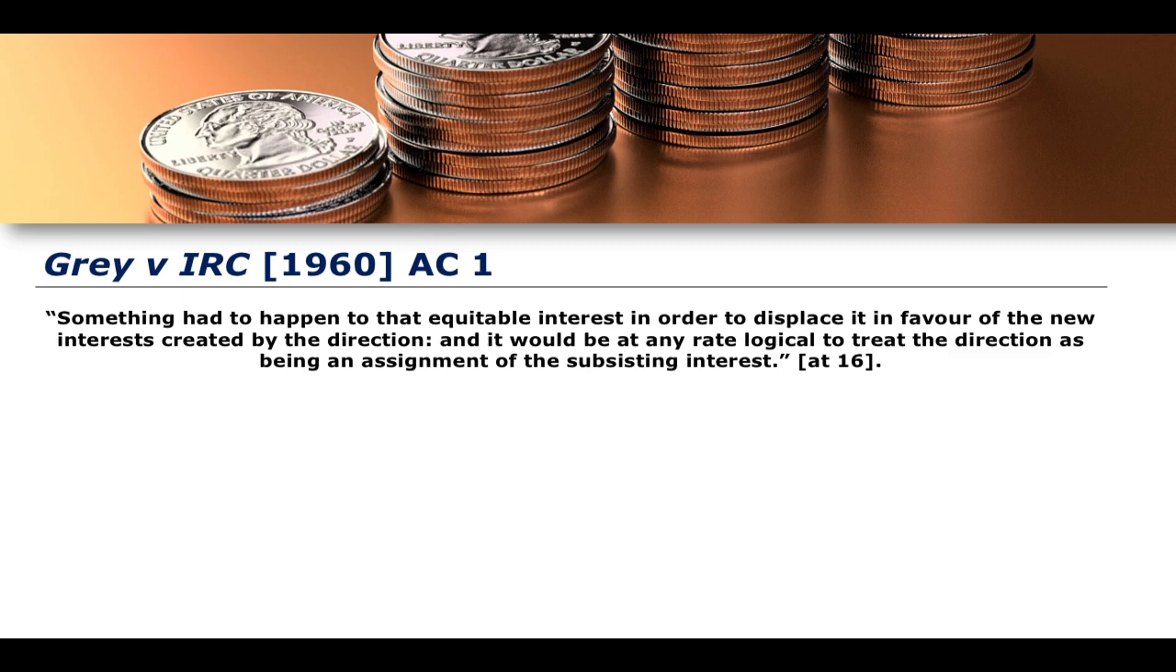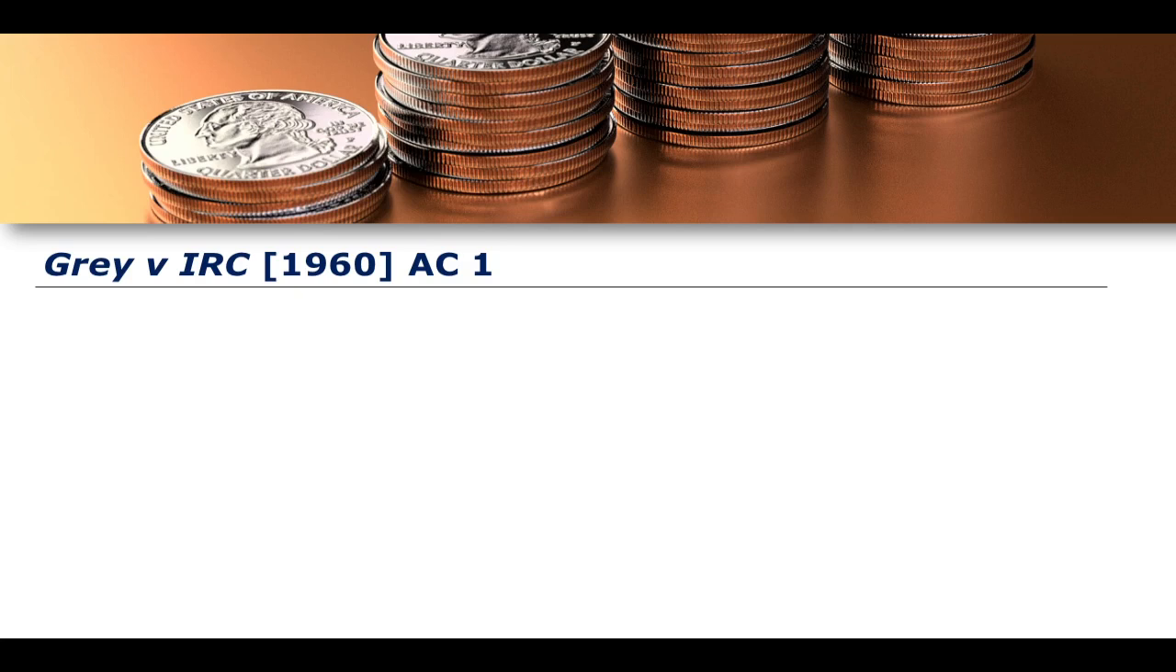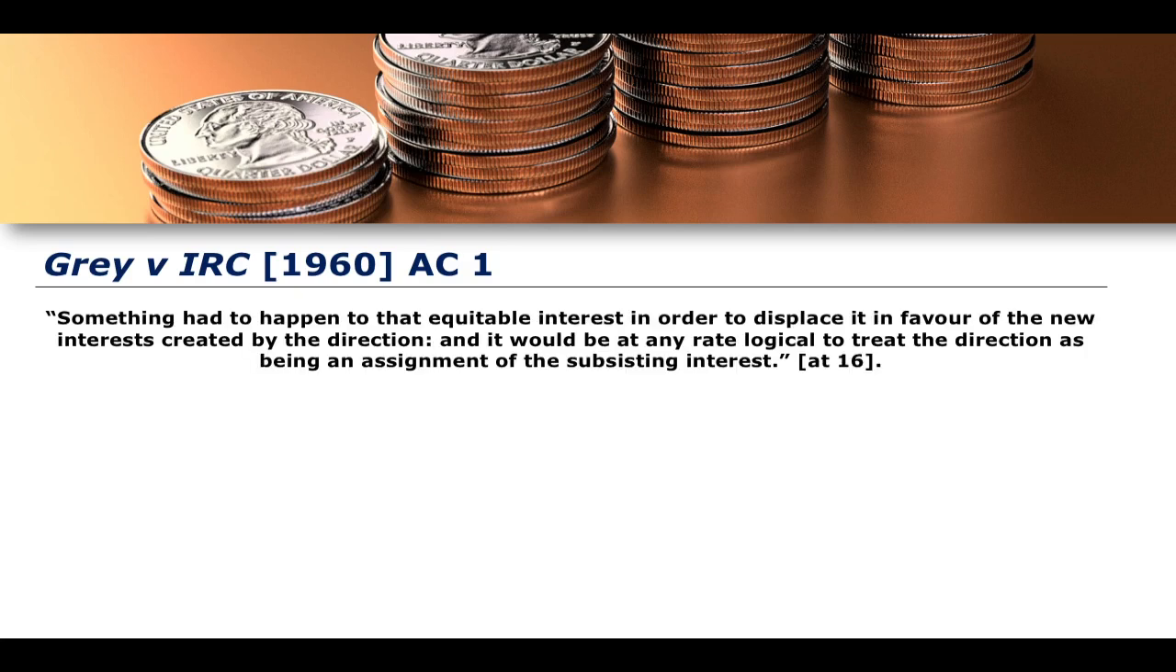They go on to say at 16 that something had to happen to that equitable interest in order to displace it in favour of the new interest created by the direction. Remember, the direction in question that we're talking about is the oral instruction that was told to his trustees to hold the shares on trust for the settlement of his grandchildren rather than for his own benefit. So something had to happen to that equitable interest in order to displace it in favour of the new interest created by the direction. And it would be at any rate logical to treat the direction as being an assignment